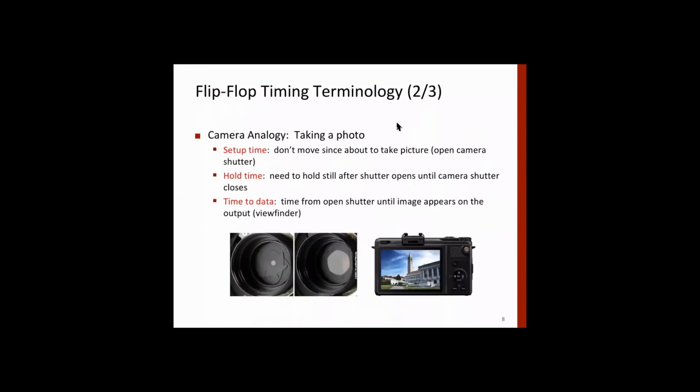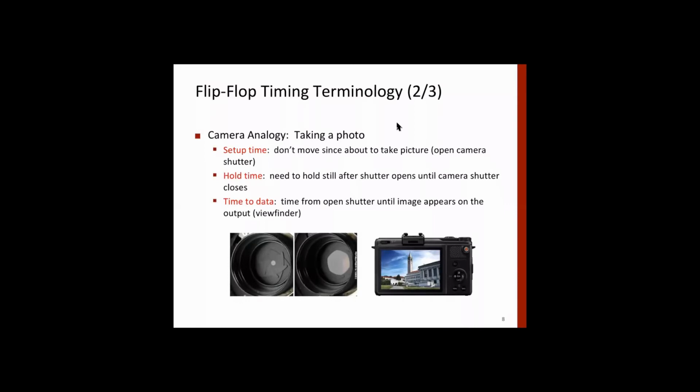Clear? Okay, so some of you would have done photography, or at least I'm sure all of you would have been photographed by a photographer. If somebody is taking your photo, what does the person say? Ready, 1 2 3, or hello, or smile, or whatever. It means that it's giving you a signal to be stationary for a certain period of time, right? If you have a movement during that time, it may cause a problem, because the shutter is to be pressed when there is no movement. So we call this a setup time.